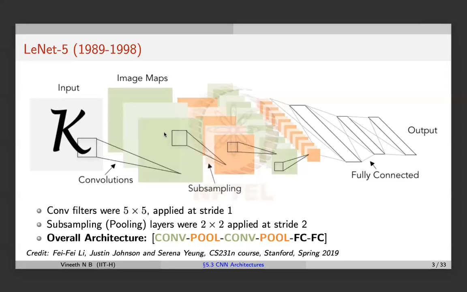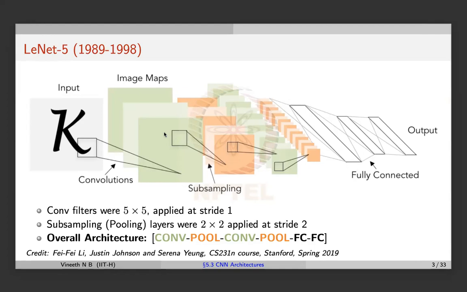So if you see the architecture that I'm presenting here, the input is an image, which is a black and white image, and the next layer is a convolution layer. As you see, they applied 5 cross 5 convolution with a stride of 1. If you remember, I mentioned that for an image you have to find certain filters. So let's say you find 10 filters, and each filter size is 5 by 5. So in LeNet, they applied a 5 by 5 filter, and the notion of stride, as I discussed earlier, is